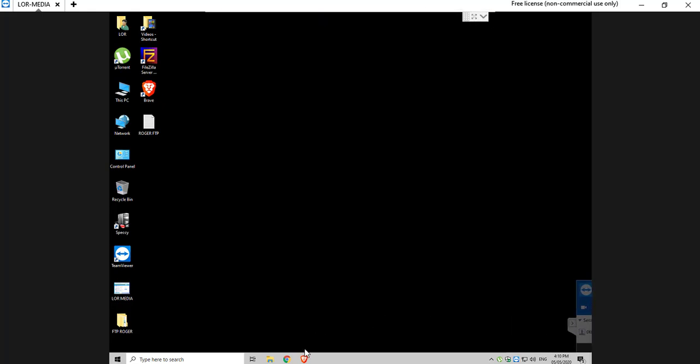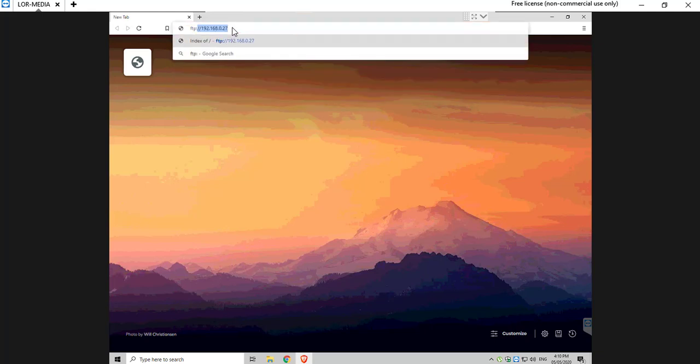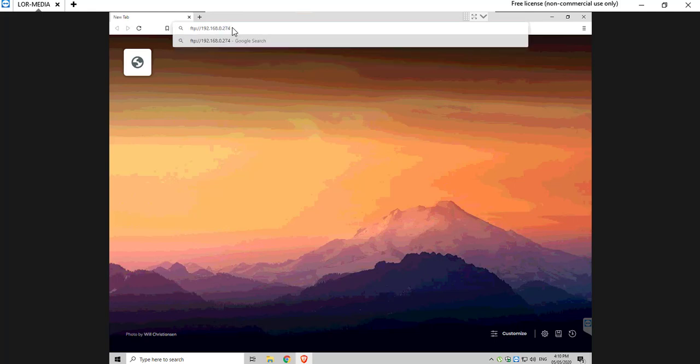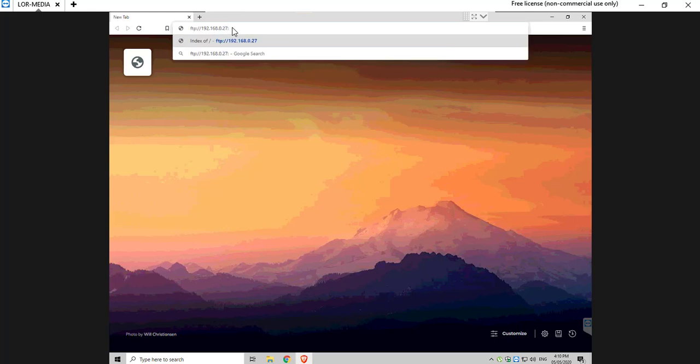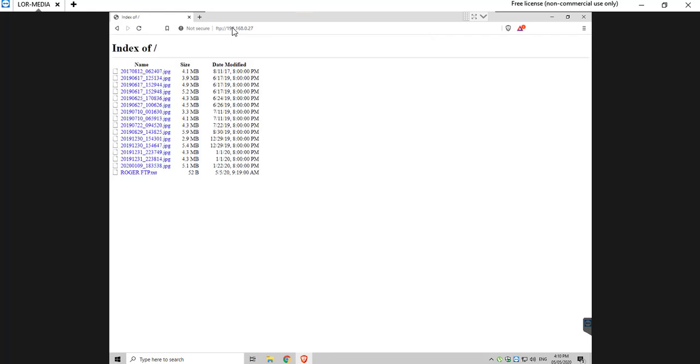Once in the computer, we're going to open our browser, and we're going to enter ftp:// and we're going to enter the IP address of the local machine that the server is on, port 21, and we enter the credentials of the user we created before on the server, and we have access via the browser to the